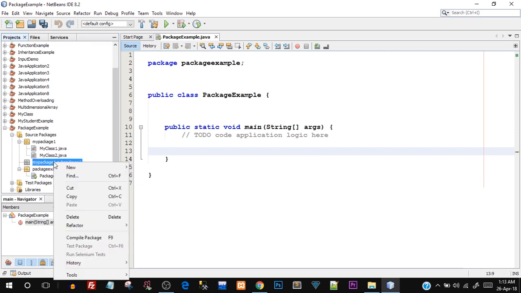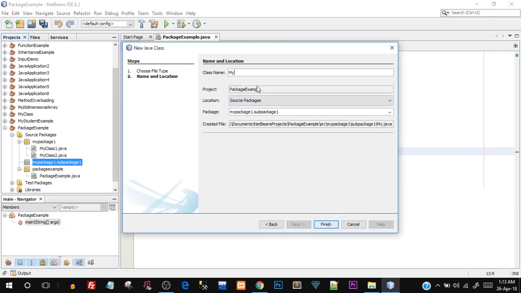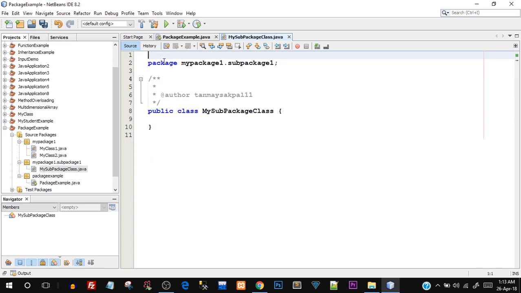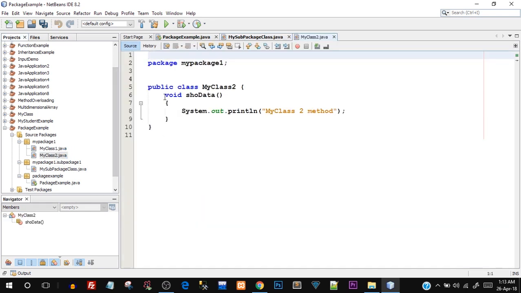And inside this, I'm going to create a Java class and name it my sub package class. Okay, now you can see the hierarchy my package1 dot sub package1. Since this is a sub package, the hierarchy is the higher level package dot the sub package. Cool. Again inside this I'm just going to create one method. The method is going to be show data, and this would be my sub